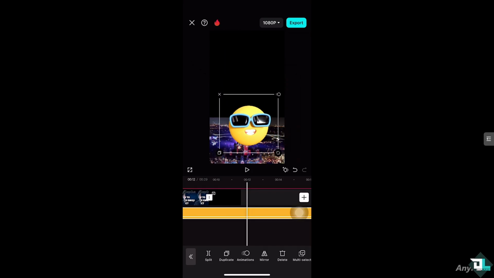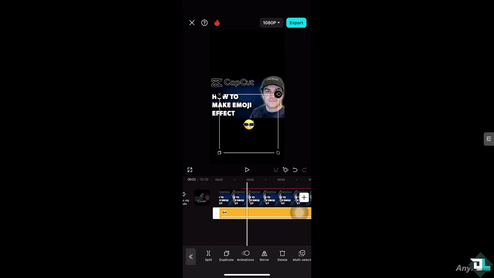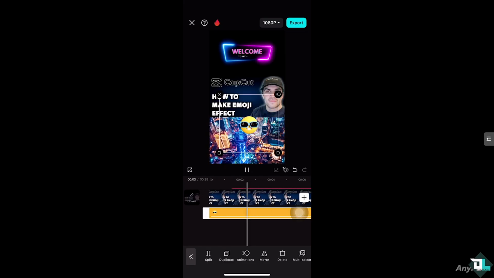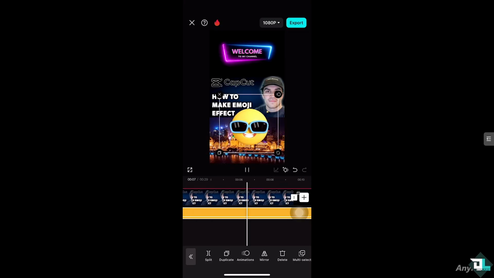And then once you're happy with the effect, click the timer effect right here. You see, from the very beginning, it will be a small emoji, and then it will revert back to its original size at the tail end